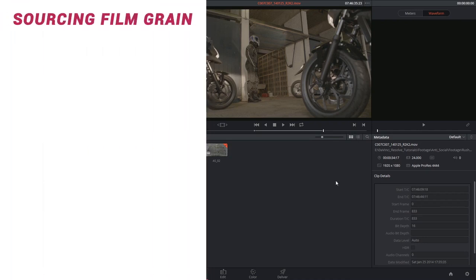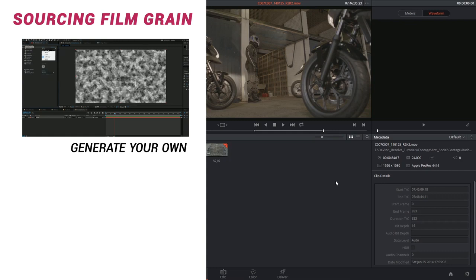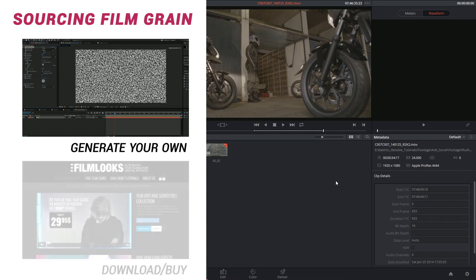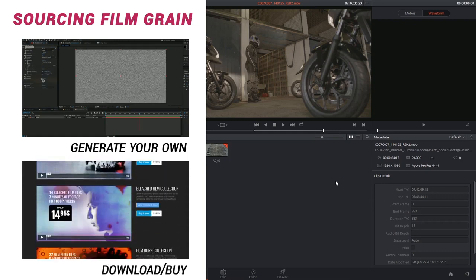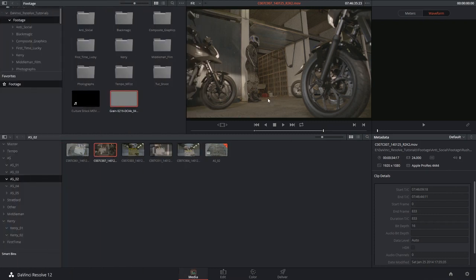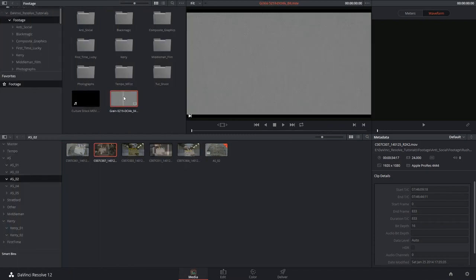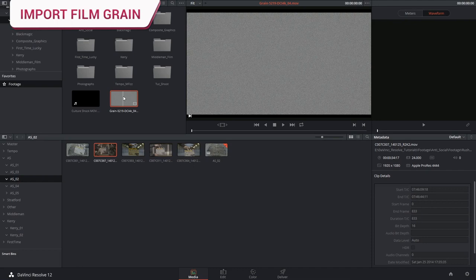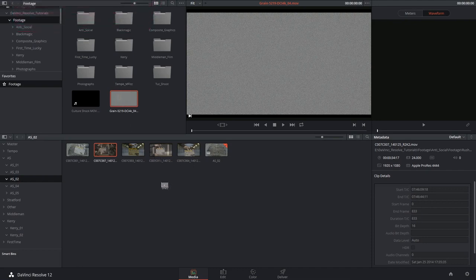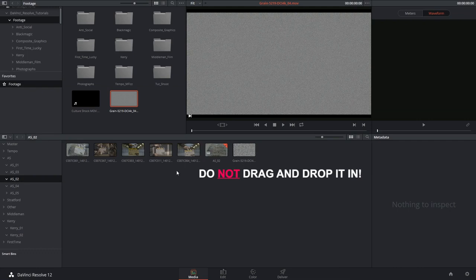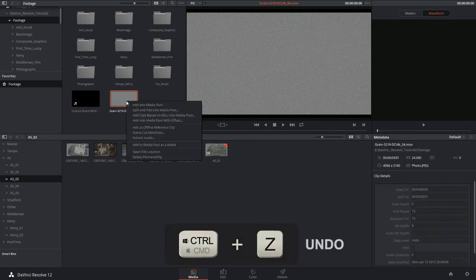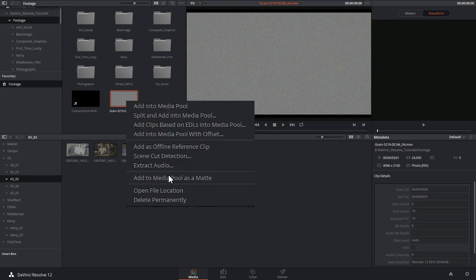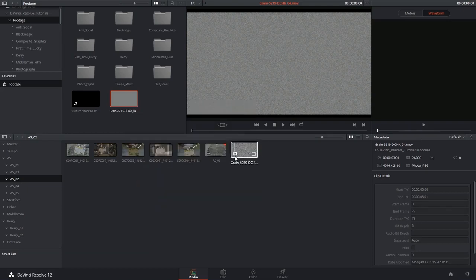I suppose you could generate your own using something like turbulent noise inside of After Effects. You could potentially find some online. I've got high quality 4K noise that a client purchased for me to use with his film. I'm going to add the footage to the media pool, but I have to make sure it does not go in as an RGB clip. It can only go in as a matte. Check to make sure that the clip is identified by the matte symbol in the bottom left-hand corner,